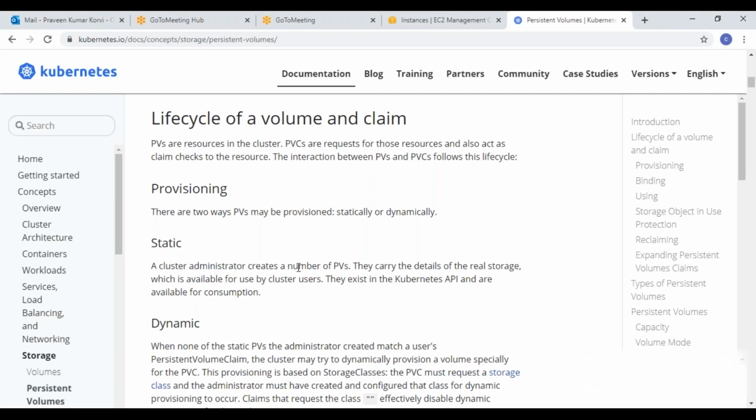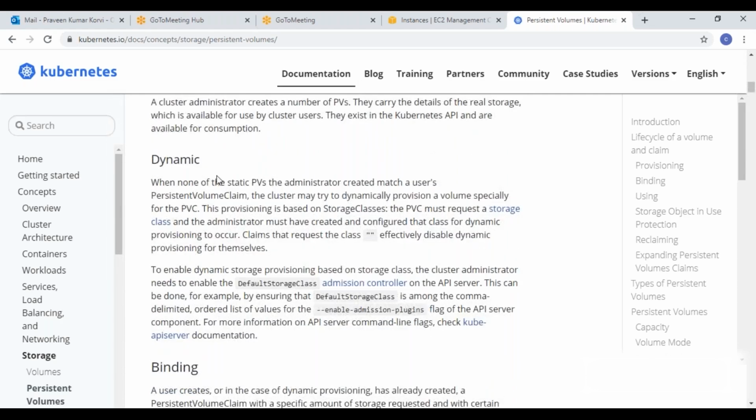So the cluster administrator creates a number of PVs. They carry the details of the real storage which is available for use by cluster resource users. So I am manually creating the physical volumes by using the YAML file. Okay, we can create. Dynamic means when none of the static PVs the administrator created match a user's persistent volume